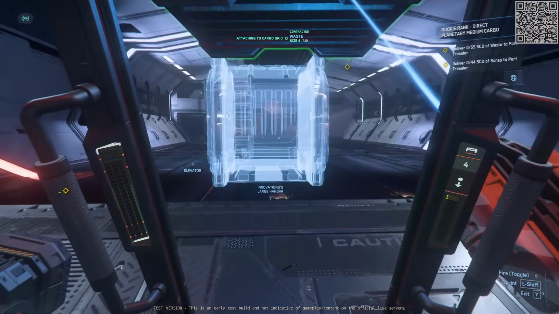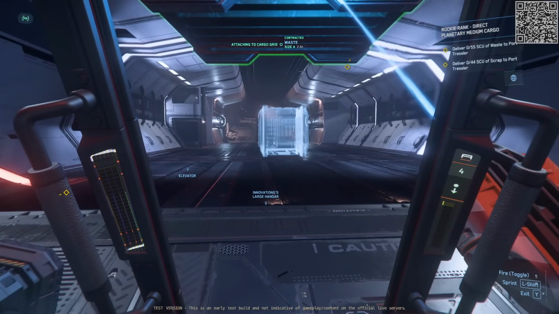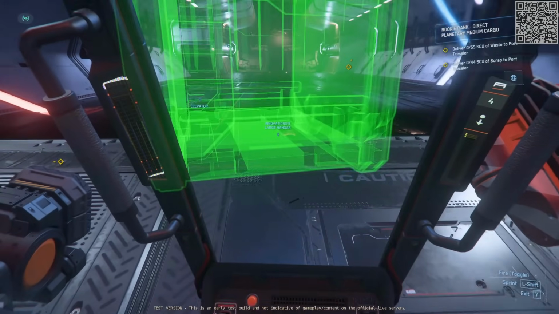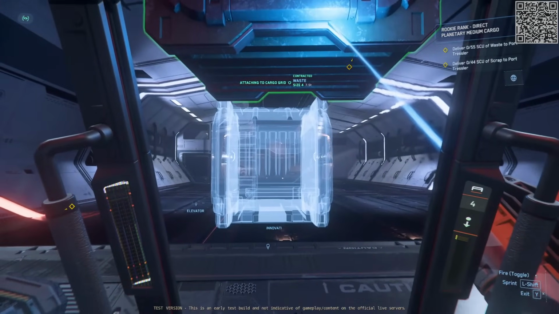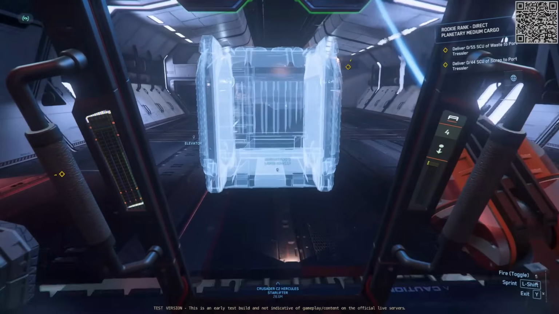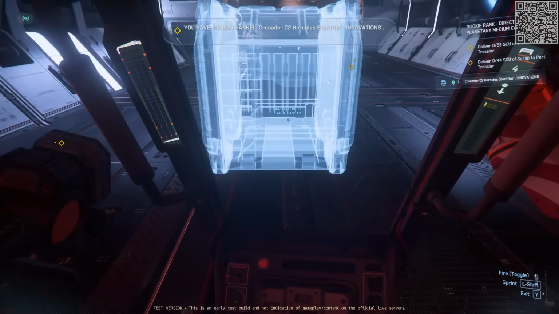So basically, it's two axes, left and right, and up and down, that you can control. You can then control the drop-off with R in terms of rotation, just like other tractor beams. But it's quite straightforward. Once I've tilted my view until it's a little ways into the ship,